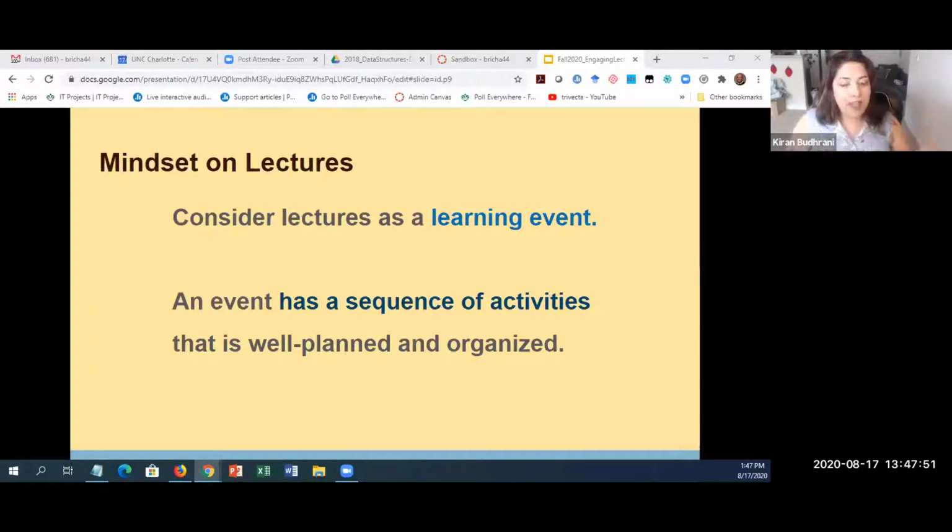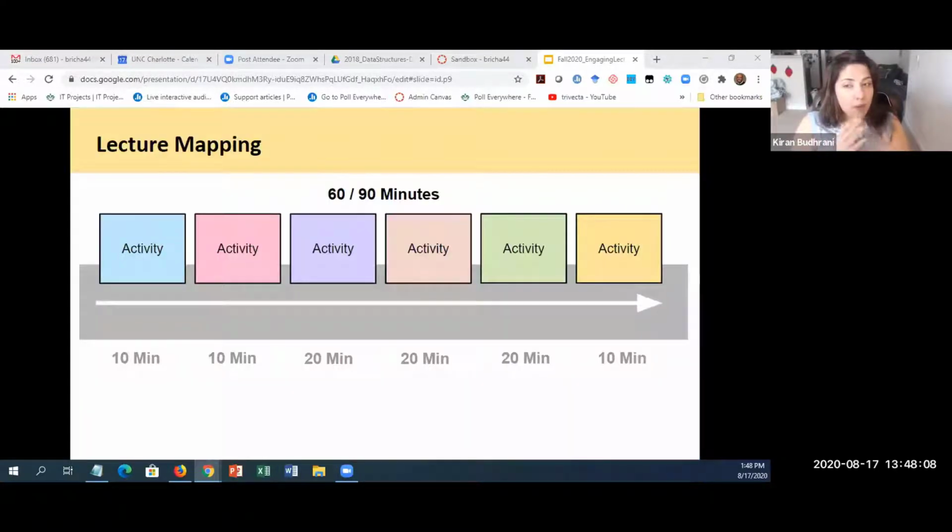When we say an event, this means that there's a sequence of activities, just like a party. If you're an event planner, a party planner, you would account for the things that happen in the beginning, the things that happen in the middle, the things that happen at the end. So I want you to think about your lecture now as a sequence of activities.